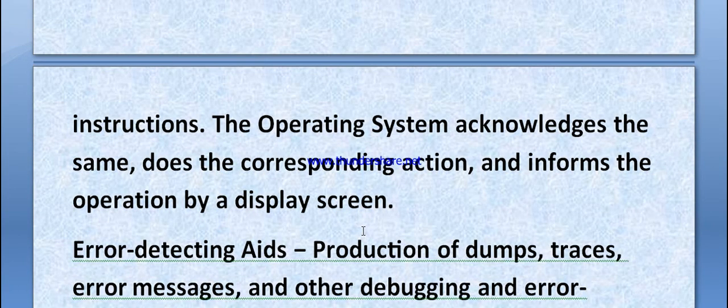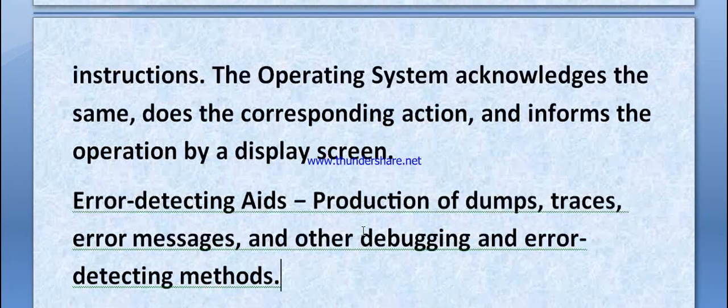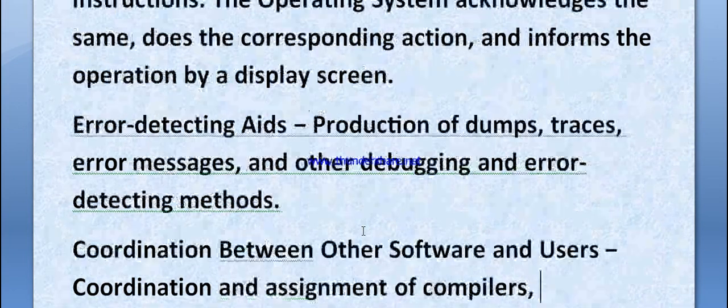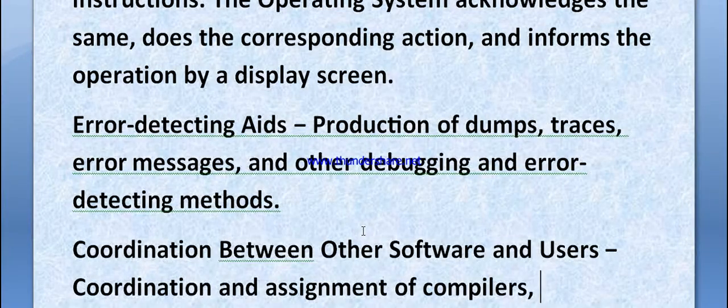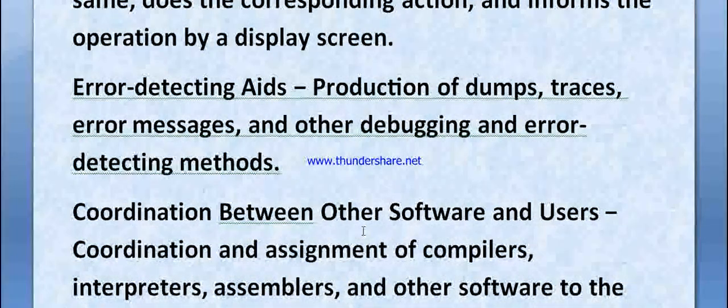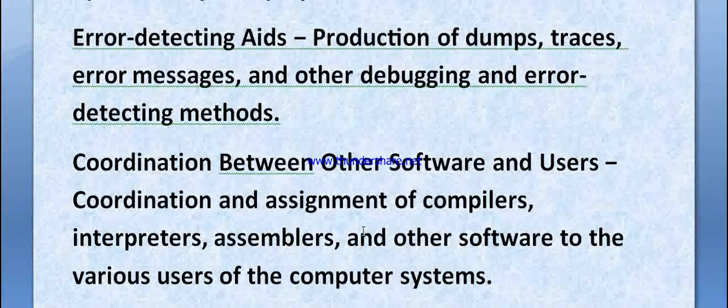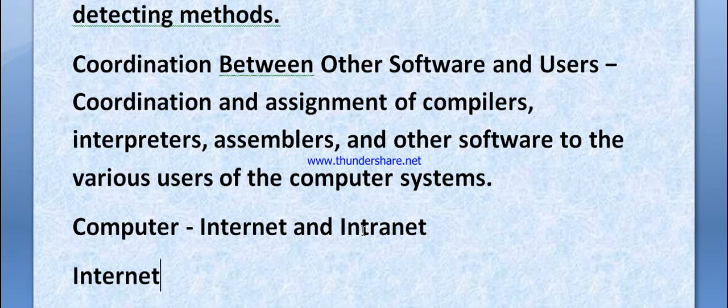Error detecting aids: production of dumps, traces, error messages, and other debugging and error detecting methods are done by the operating system. Coordination between other software and users: coordination and assignment of compilers, interpreters, assemblers, and other software to the various users of the computer system. So computer, internet, and intranet,